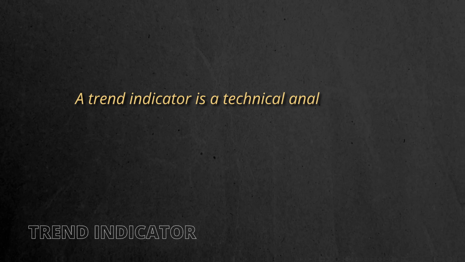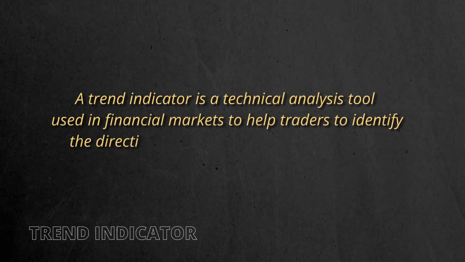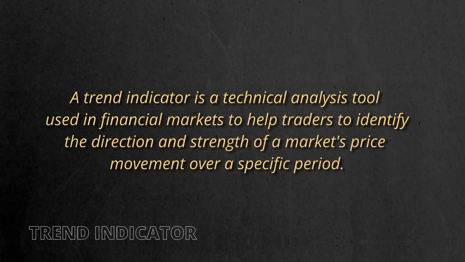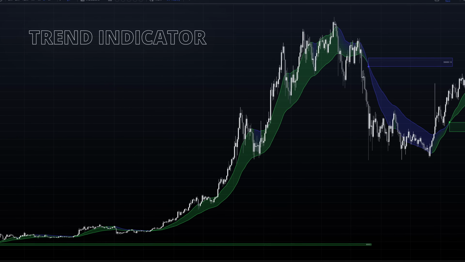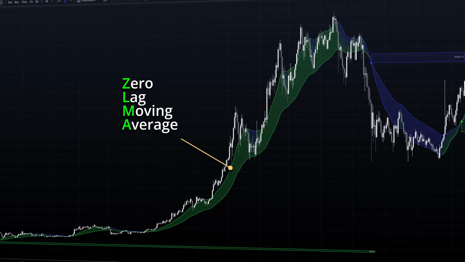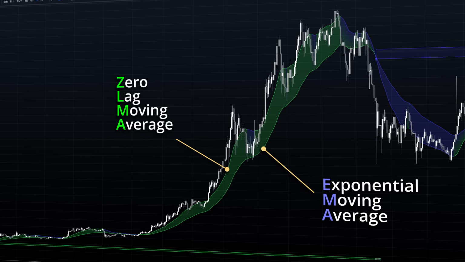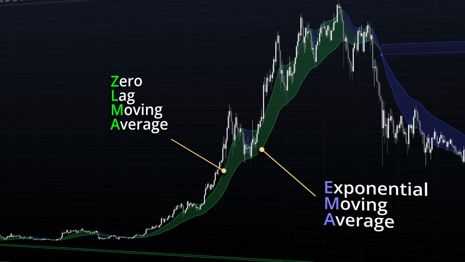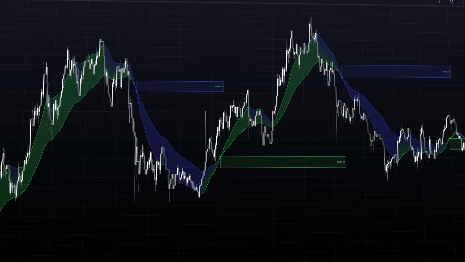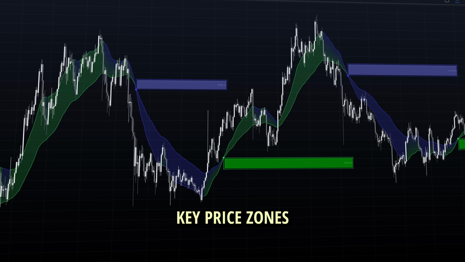A trend indicator is a technical analysis tool used in financial markets to help traders identify the direction and strength of a market's price movement over a specific period. This indicator combines a zero-lag moving average, ZLMA, with a standard exponential moving average, EMA, to deliver a dynamic view of market trends. A color-changing cloud highlights shifts in trend momentum, while trend-level boxes mark key price zones where reversals